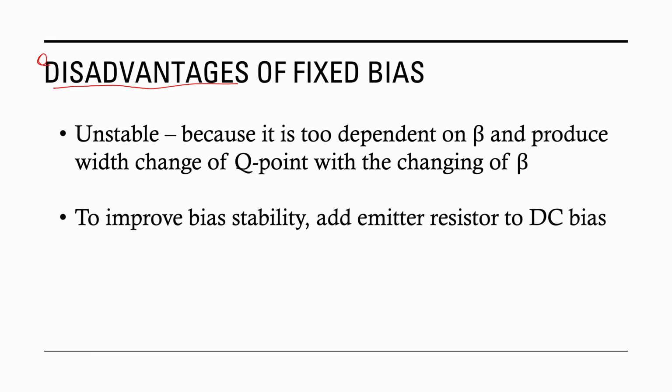Before we go to the disadvantages of the fixed bias, what are the advantages? The advantage is that it is the simplest circuit. The circuit is very simple. However, what are the disadvantages? The disadvantage is that it is unstable. Remember, it is unstable because of the value of beta. It depends too much on the value of beta, which can easily be changed by the temperature,